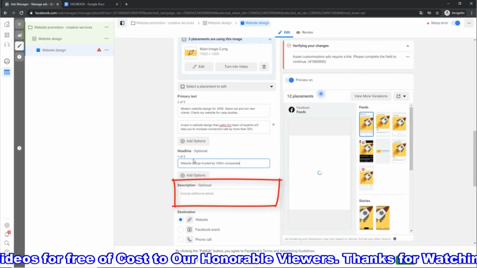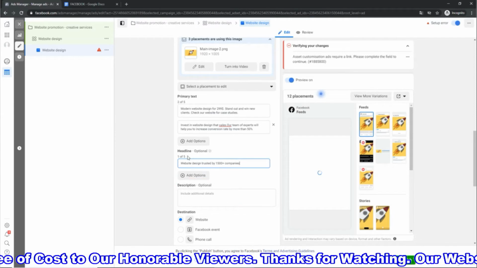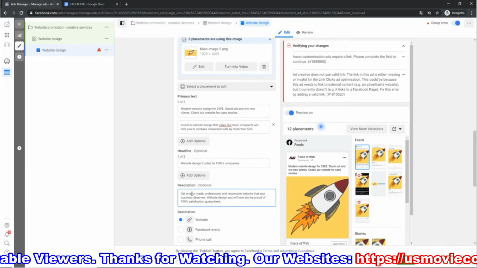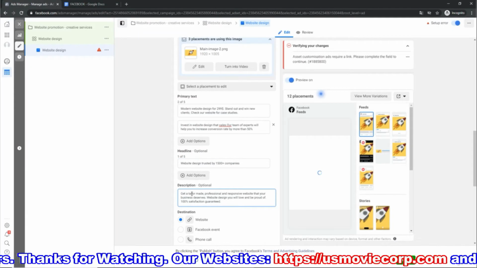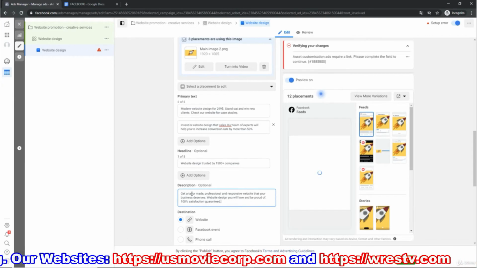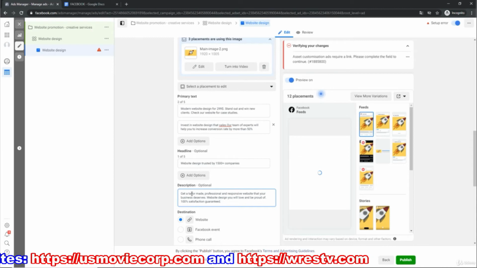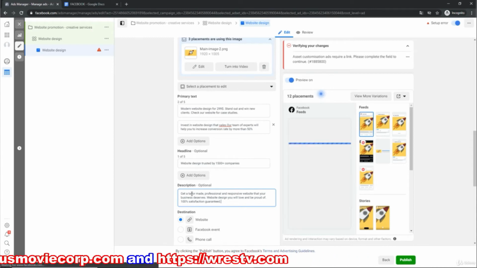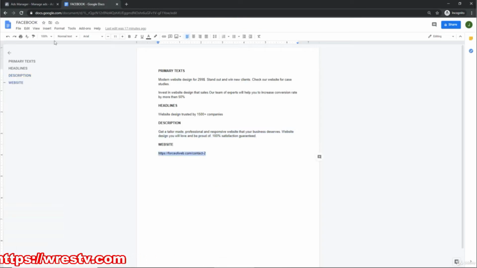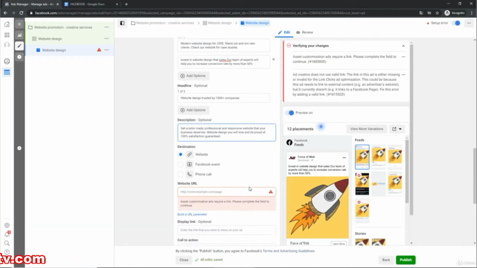Description is also shown only on some placements. Its position varies by placement and gives even more details about your offer. Let's try get a tailor-made, professional and responsive website that your business deserves. Website design you will love and be proud of. 100% satisfaction guaranteed. Then confirm what is your destination,